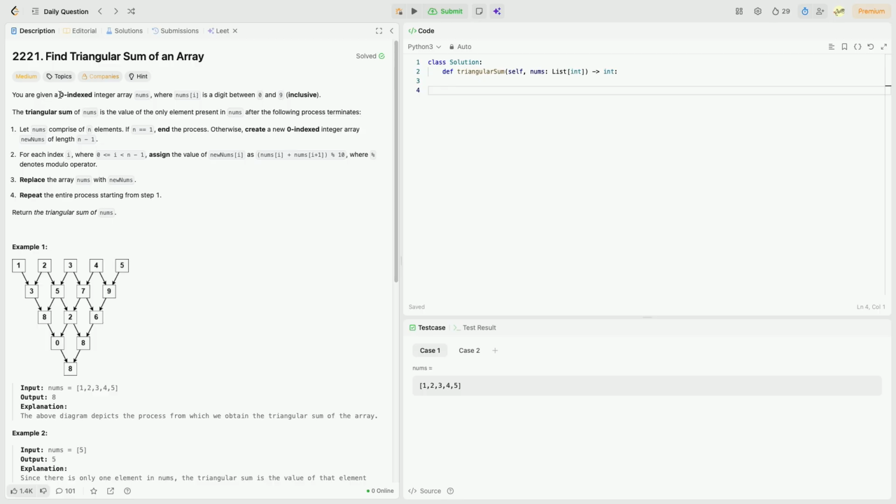We are given a zero-indexed integer array nums, where nums[i] is a digit between 0 and 9 inclusive. The triangular sum of nums is the value of the only element present in nums after the following process terminates. Let nums comprise